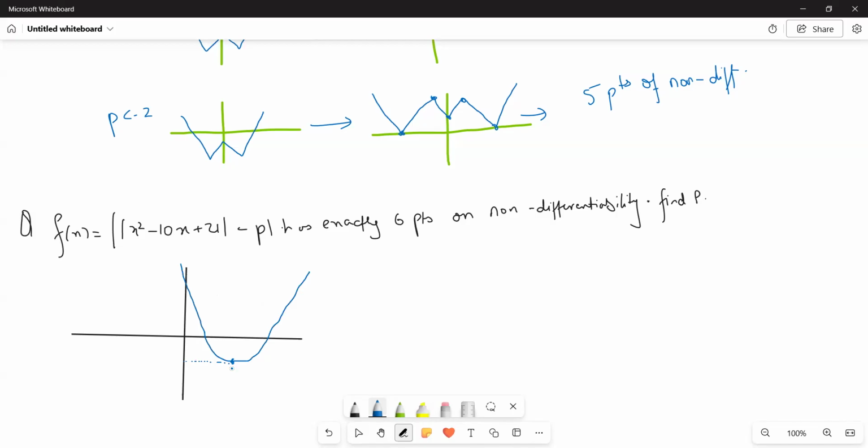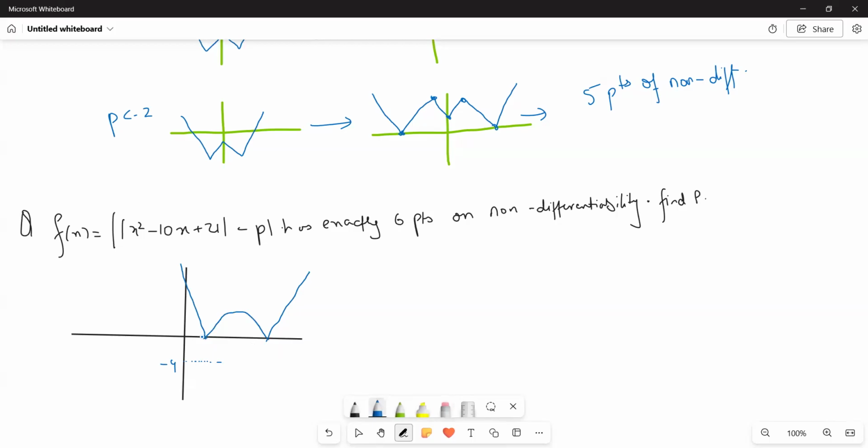Five, 3 and 7. X equals 5. At 5 it will be 25 plus 21, 46, and minus 50, so minus 4 will be its minimum value. Okay. Now we will take its mod. So on taking the mod, this part would be deleted and this will come up, reflected like this,